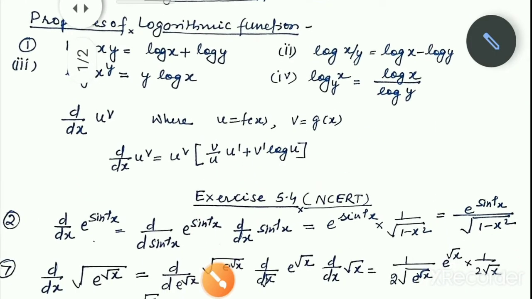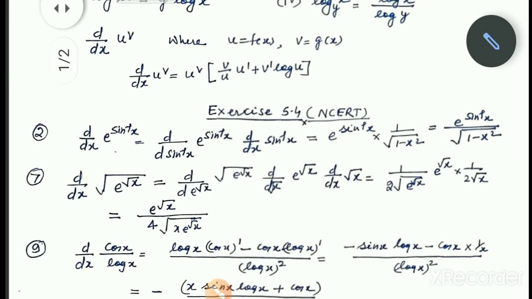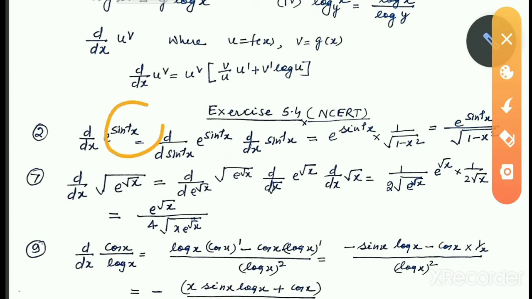Okay, now we shall discuss some questions from your exercise 5.4. Question number 2 is d by dx of e raised to the power sine inverse x. The problem is with sine inverse x. So we first take sine inverse x as an operator, and as we took this as an operator, we have to differentiate it separately. Now e to the power sine inverse x means e to the power sine inverse x